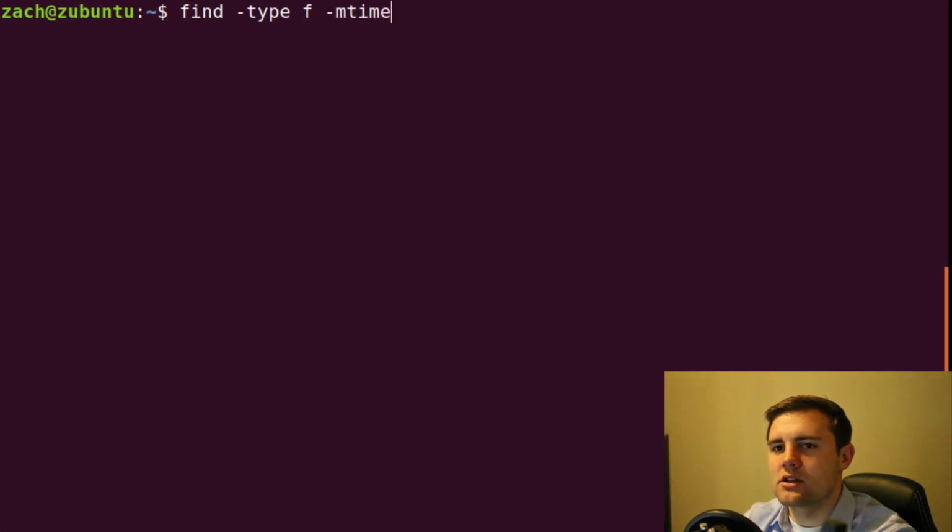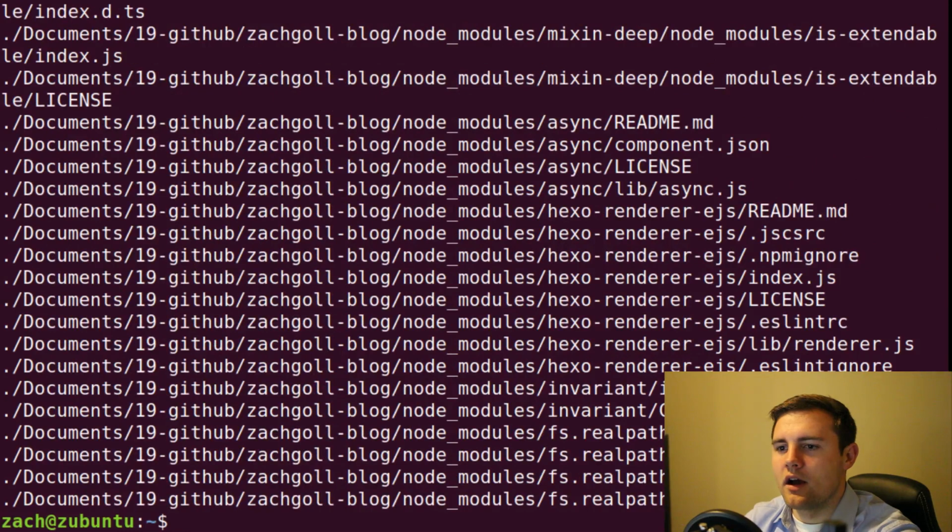then we pass in this little mtime option, which allows us to specify a number of days that we want to look for. So we type 365 and put this little plus in front of it to say that anything that's greater than 365 will qualify. And when I press enter, we're going to find all of those files that were last modified greater than 365 days ago. So all of these files would qualify, and what I could do is basically just redirect those with